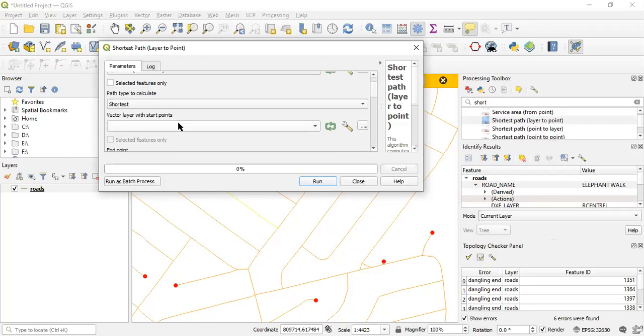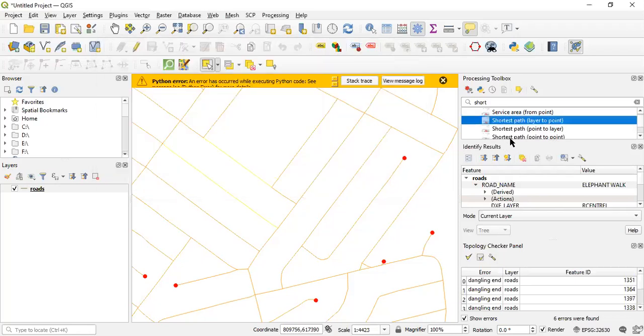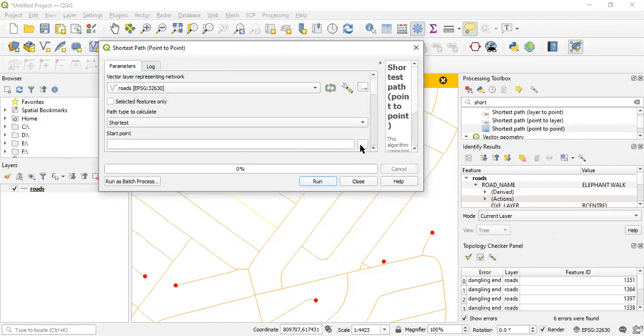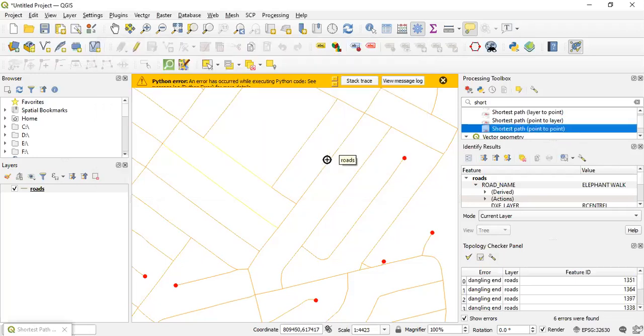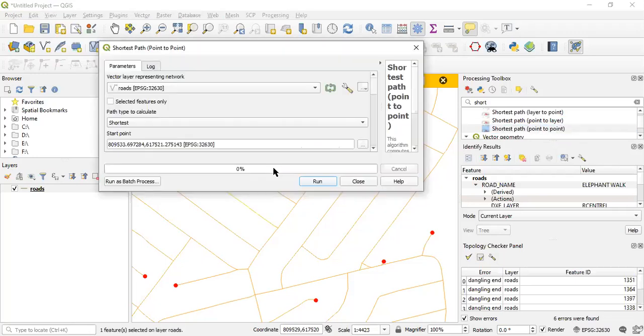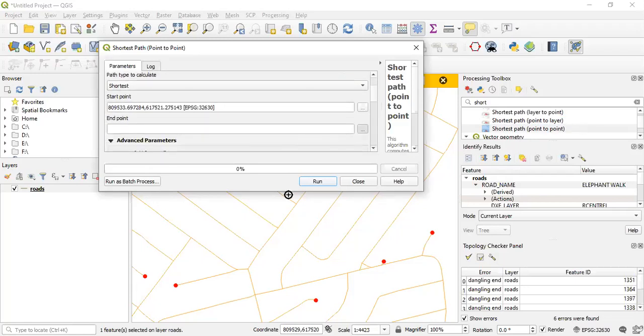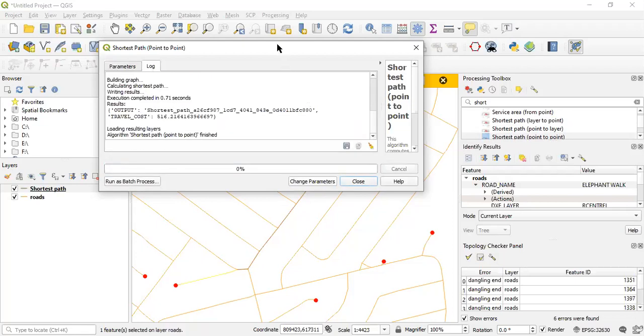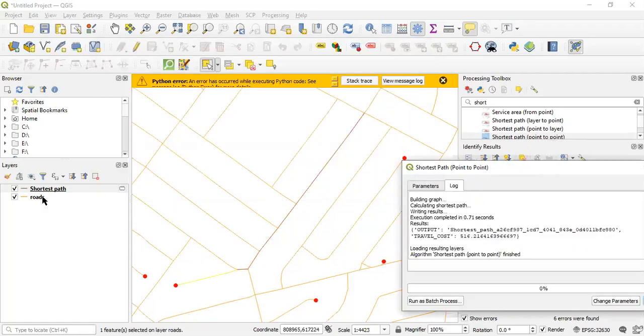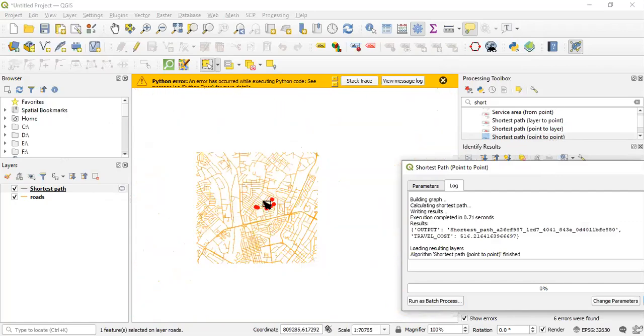Vector layer with start points, we don't have that. So we need to choose a different one. Point to point, let's try that. Start points. We want to find the shortest path from here. There should be an endpoint, so let's choose another point. Run it. Okay, so we have the shortest path done. We can zoom in and then